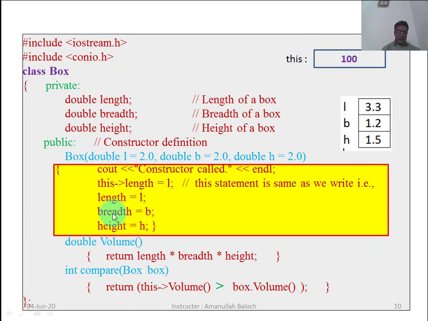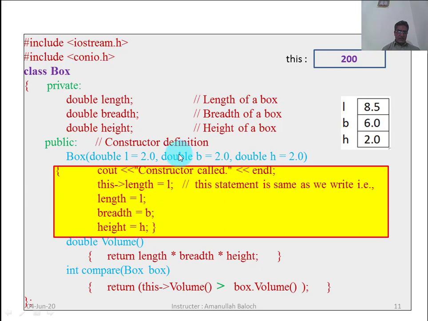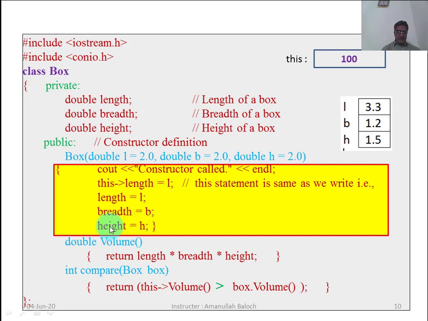The value of B will be stored in the location of breadth whose address is stored in this. The value of H will be stored in the location of height whose address is stored in this.